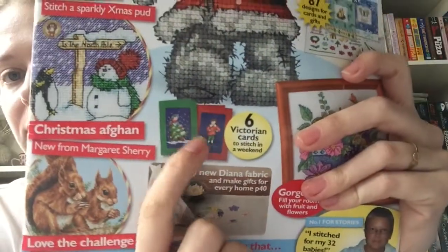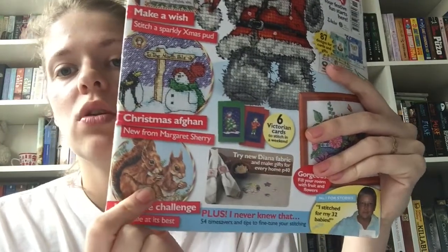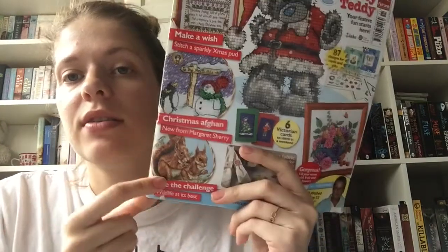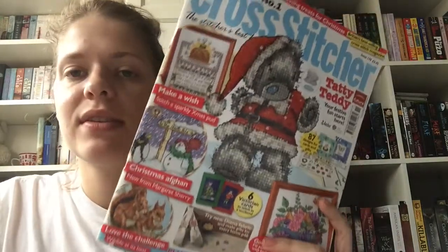So this is kind of like my system, and if I finish the Tatty Teddy, which is very close to finishing, I'm kitting up another magazine pattern chart. I haven't decided which one yet. I have so many patterns, so it might be one of the other ones in here. There's some Christmas cards I really like in here. So I might kit up one of these little ones and stitch them, or perhaps go for the squirrel, because I guess these 6 cards, the squirrel, and this one are all things I'd like to do from here. And if that's done, I can just